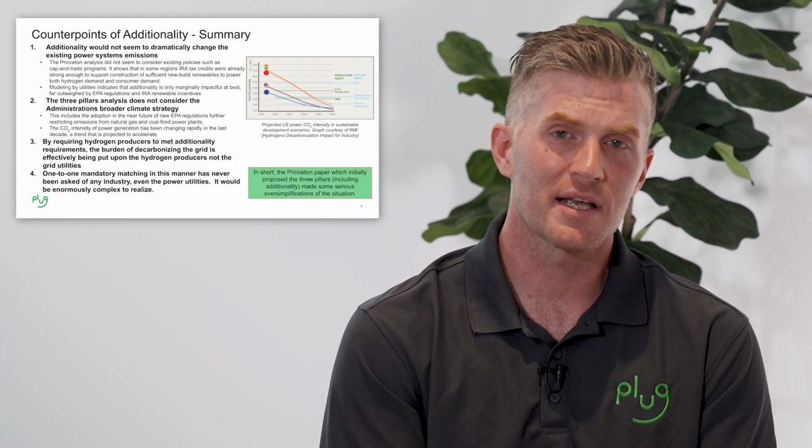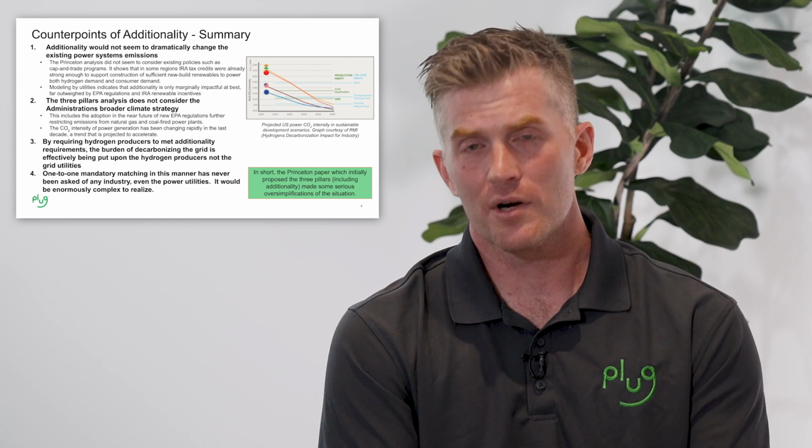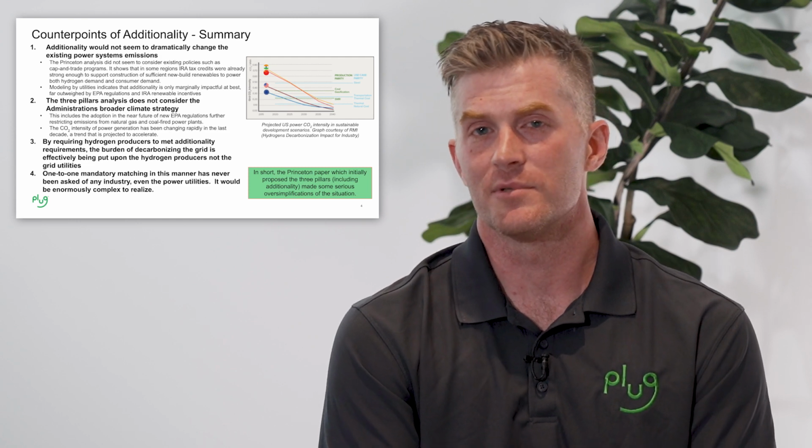And like I said, I don't think anyone's maliciously trying to mitigate that or to restrict that, but we've got to understand that if you want to really make change, we need to look at the full system, and we can't predicate it upon some of these overly simplistic analyses and things like that. So some of the counterpoints, and we'll talk through these in a little more detail in the next couple slides,